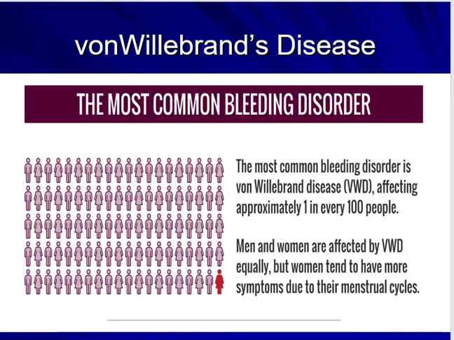And then we have von Willebrand's disease. So this is actually the most common bleeding disorder, usually seen more in women because they tend to have more symptoms due to their menstrual cycle. It's an inherited autosomal dominant trait. So what that means,